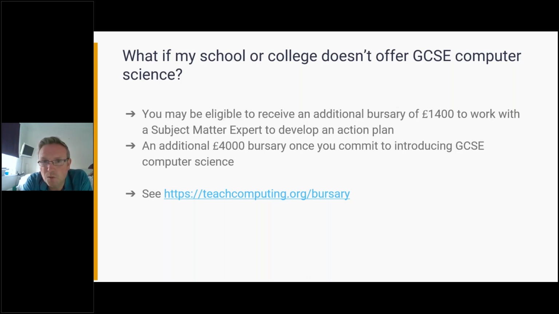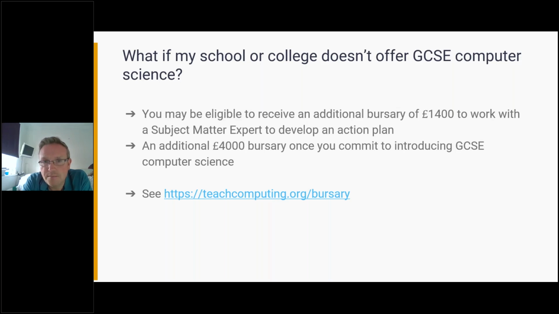Our subject matter experts are working with schools to create action plans with the intention of getting them to deliver computer science. So really a subject matter expert is effectively a curriculum consultant. They will help you develop an action plan that will look at what training you need, what resources you need, any other considerations in order to get you ready to teach computing.